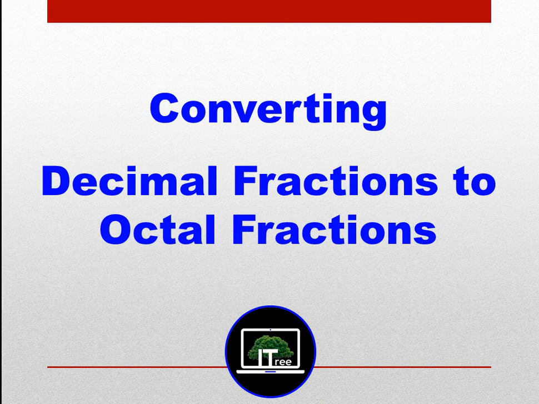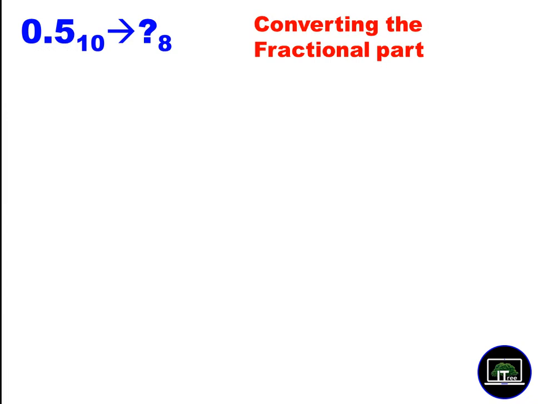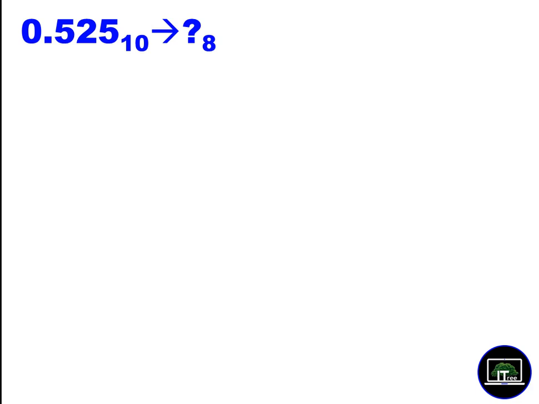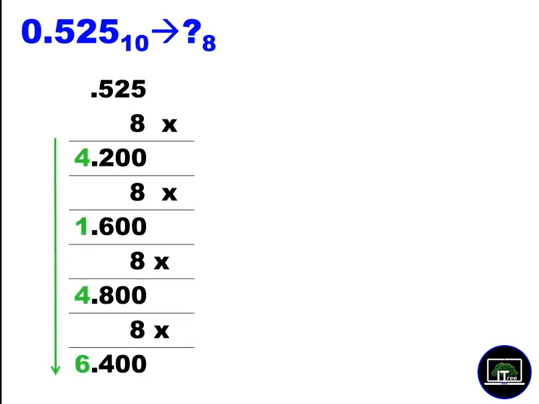Now we are going to convert decimal fraction to octal fraction. You know the method. You multiply by 8. We are doing that now. You get the answer. It's 0.4. We'll do one more. Multiply by 8. You can see now. So I have stopped with 4 places. That may be sufficient at the moment. So you can see now.